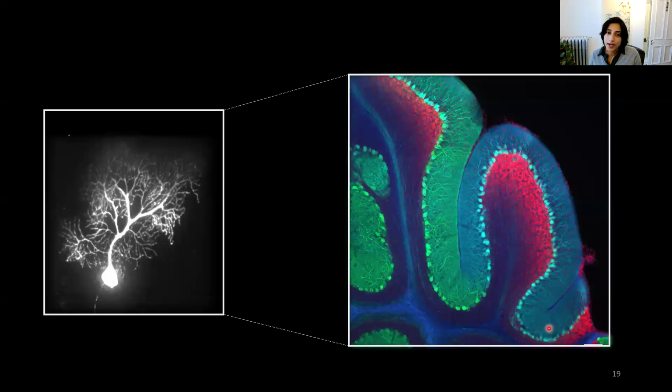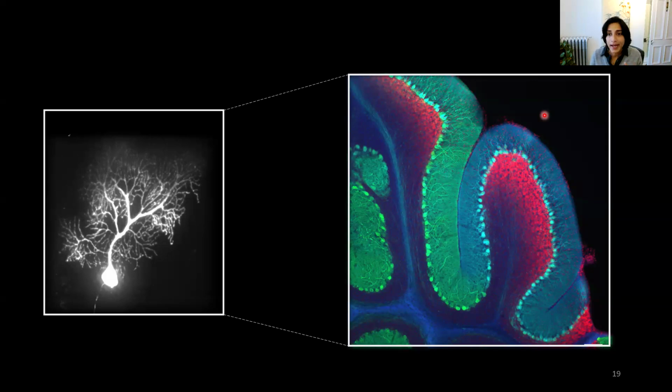So we know that there is a lot of molecular heterogeneity, but we don't necessarily understand how this links to synaptic function and how that then bridges to the function of the circuit in terms of Purkinje cell output. So we looked at synaptic transmission just at parallel fiber synapses and asked the question, is synaptic transmission at longer timescales, at behaviorally relevant timescales,